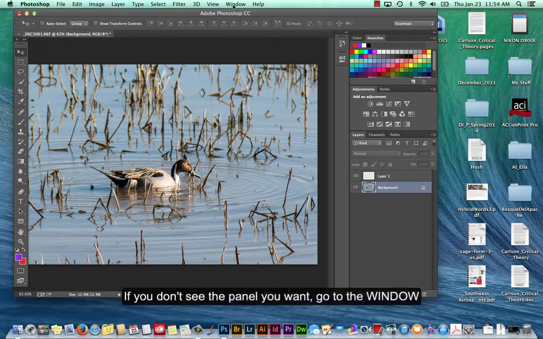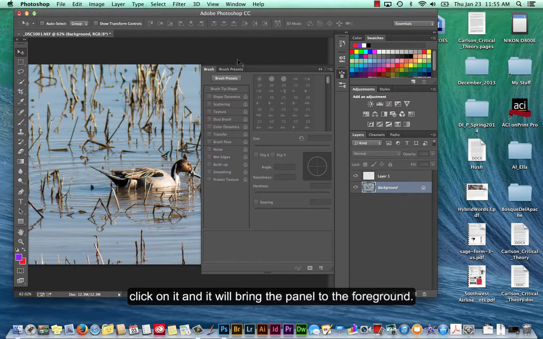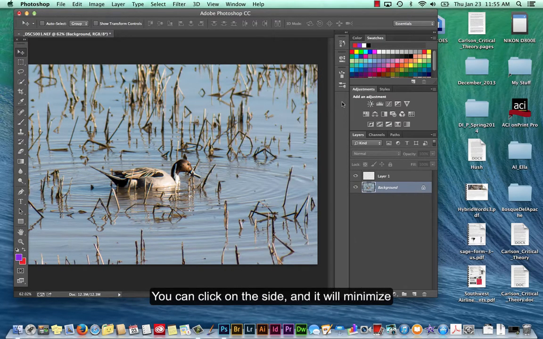Okay, if you don't see the panel you want, go to the Window pull-down menu. If it's checked, it's out there on your desktop somewhere. It may be hidden under something else. You can uncheck it and recheck it to bring it to the foreground. If it's not checked, just click on it and that will bring the panel to the foreground. You can click on the side, bring it over, and it'll set itself in and minimize itself into that little